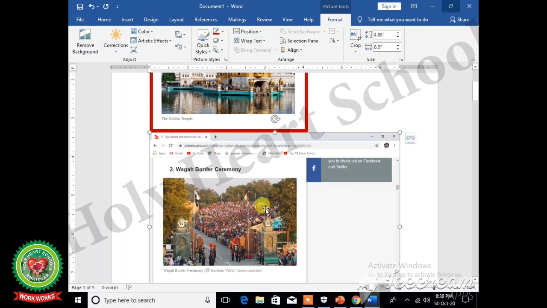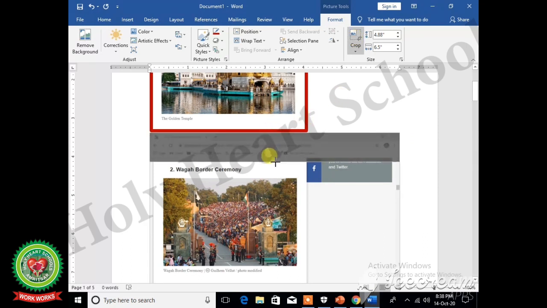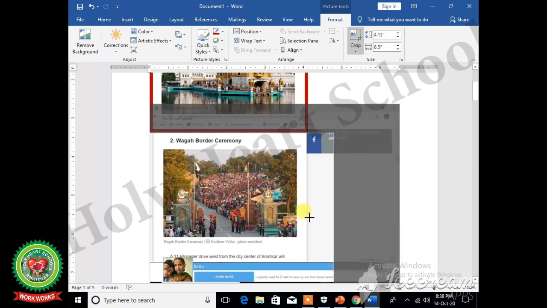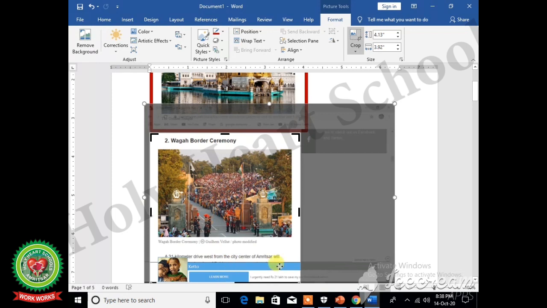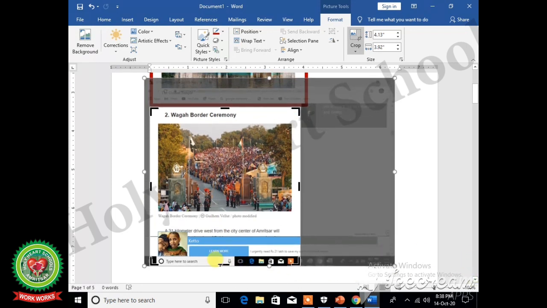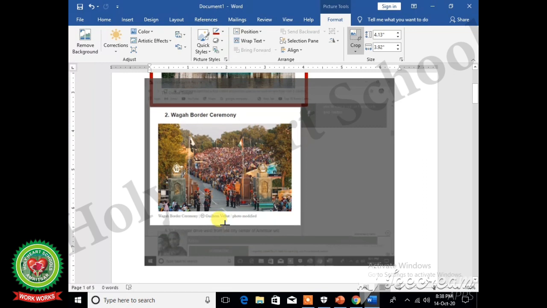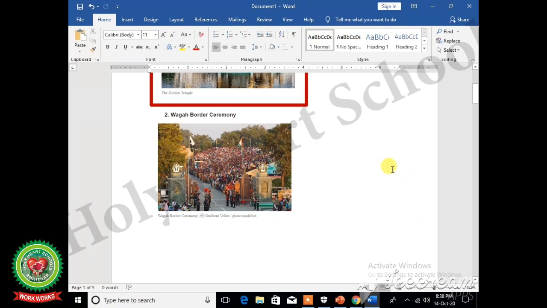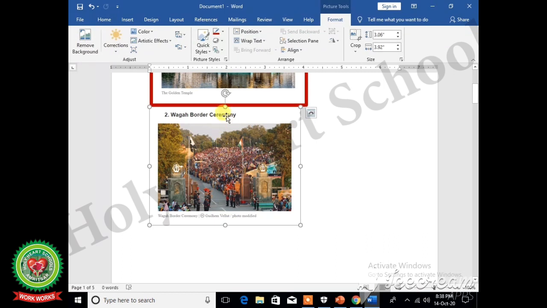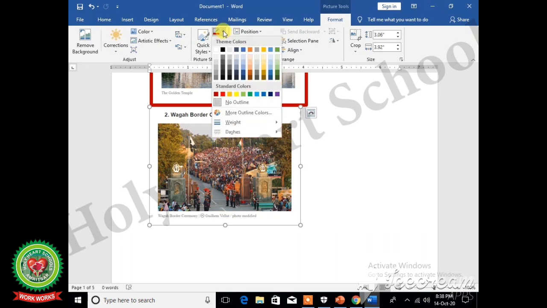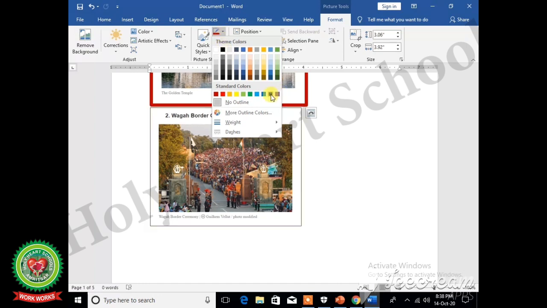Now double click on the second image, click on crop option, remove the unwanted areas. And click outside the image. To apply border, select the image, click on picture border, select any color.